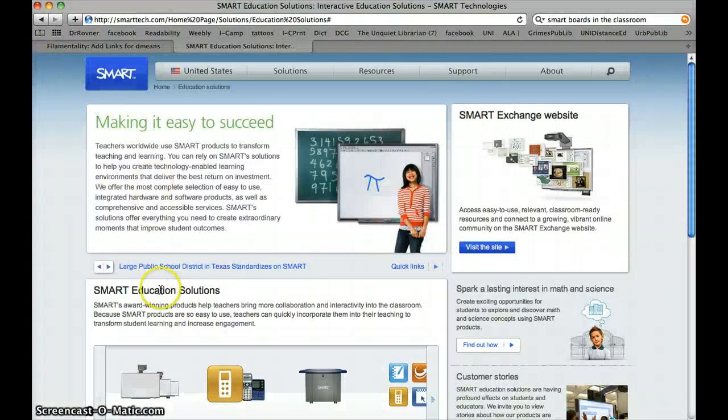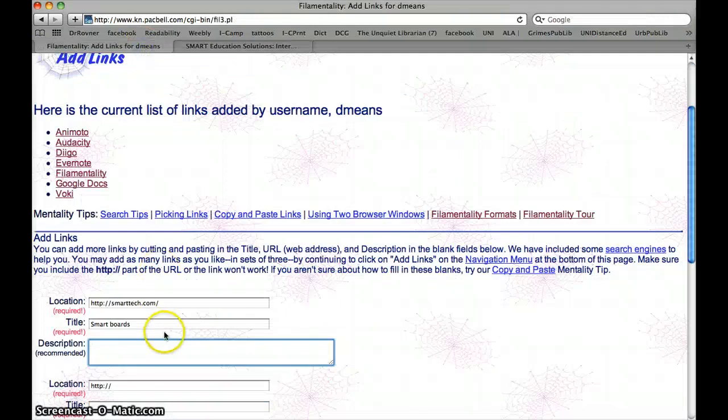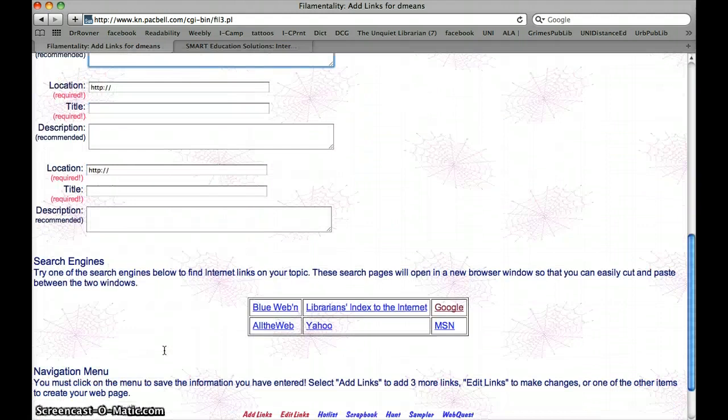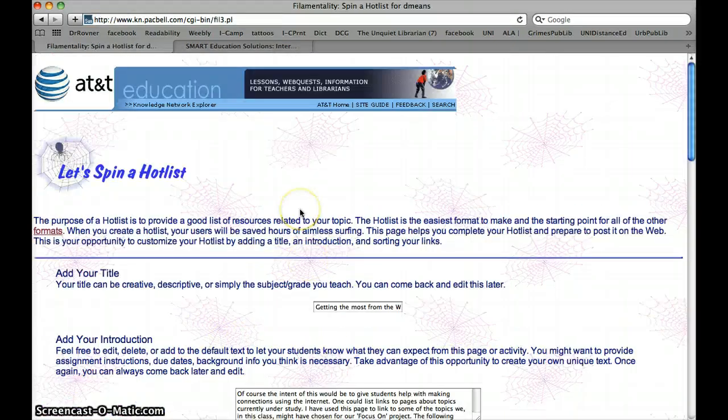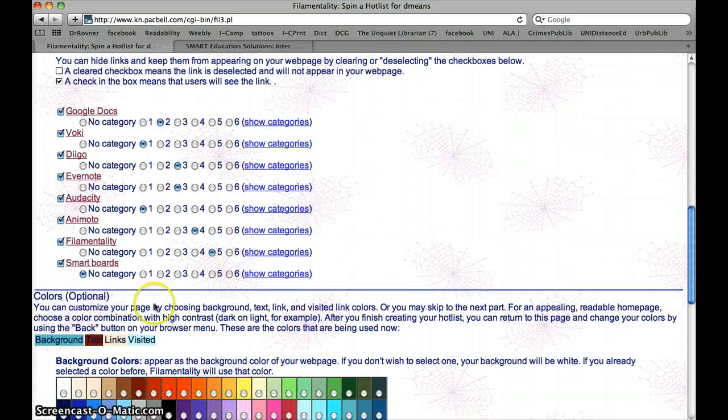Okay, let's just go back here and type something in here, let's see, how teachers might use the Smartboard in their libraries. Okay, and then I want to go down here and go back to my hot list. Okay, and it's added then Smartboards here on my page, and I could go back up here and decide